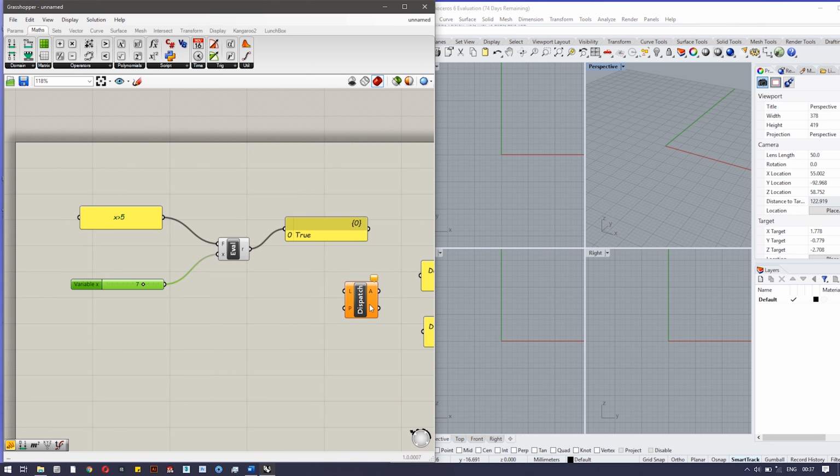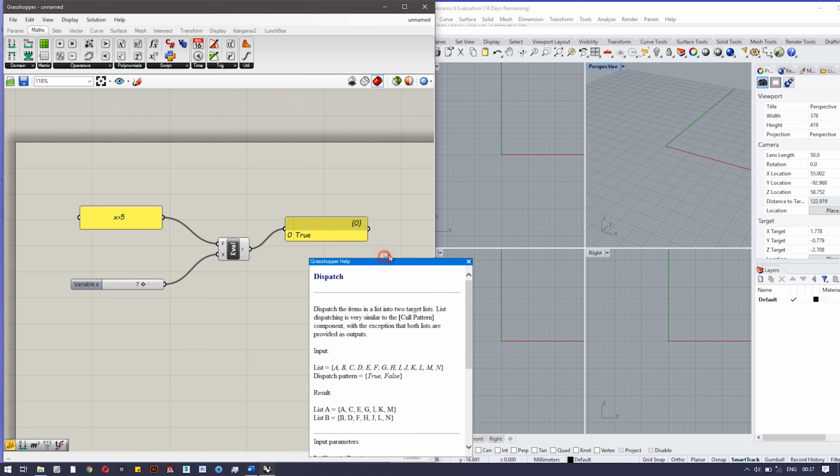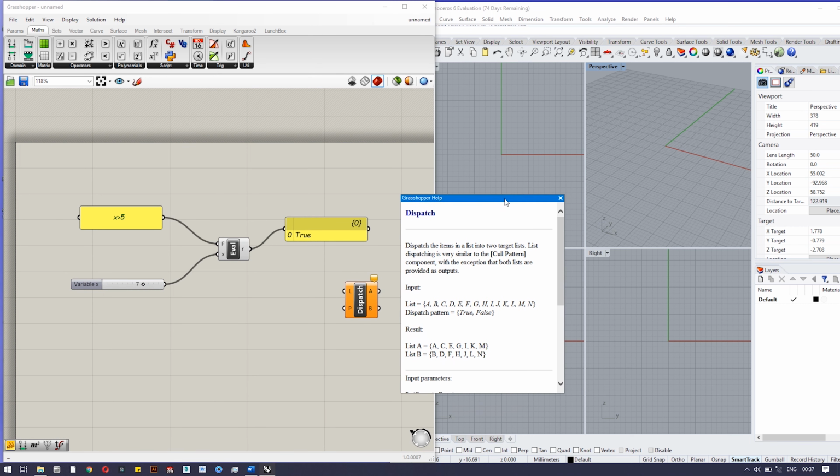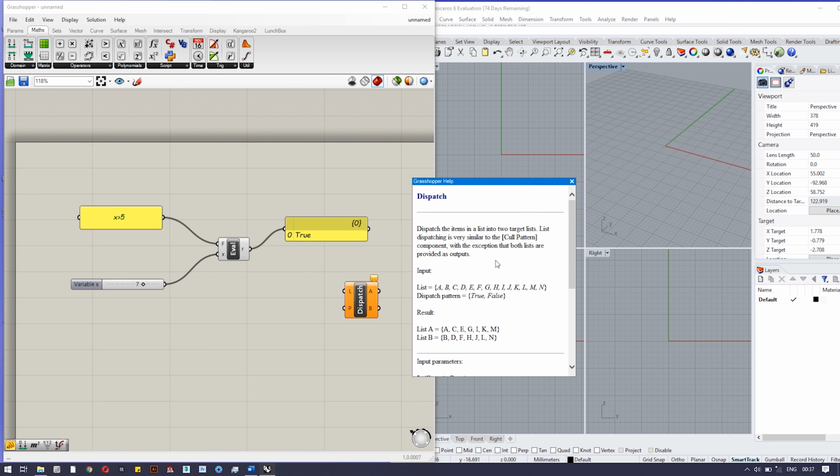For example, let's first see what a dispatch component is. Let's click on it. If you can see what the dispatch component does, it takes two inputs. The first input takes a list of elements, and the second is also a list, which says for every corresponding element whether it's true or false.